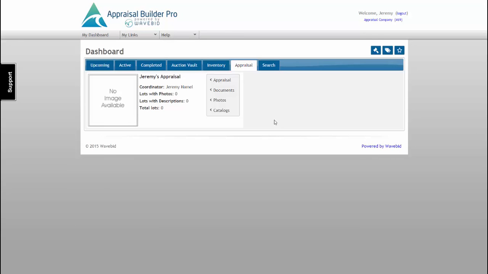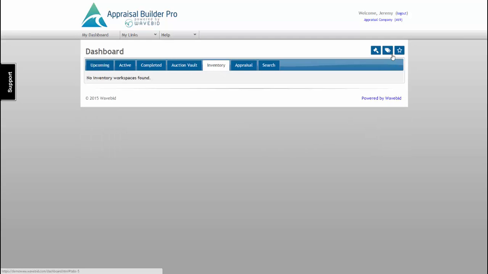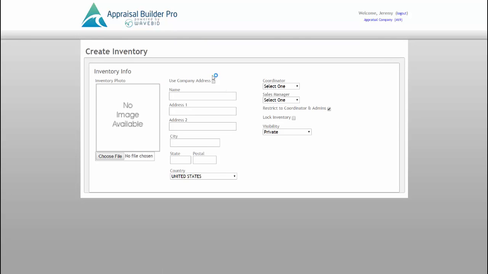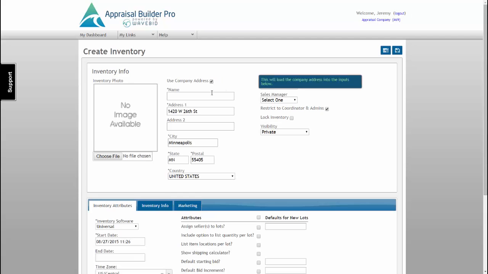Now that we've created this appraisal workspace, we can actually see it shows up on the dashboard under the appraisal tab. Let's create an inventory to see what that looks like. I'm just going to use the company address, and then I'm going to go ahead and make this Jeremy's inventory. The coordinator system actually works the exact same as it does on appraisal, so I'm going to go ahead and select myself as the coordinator, and then I'm going to leave it restricted because I'm the only one who needs